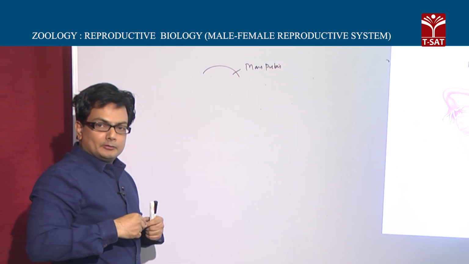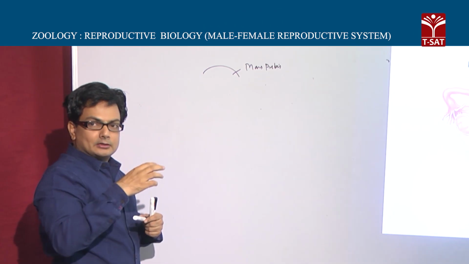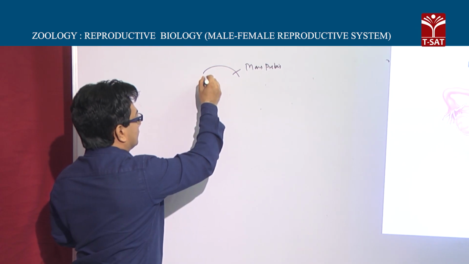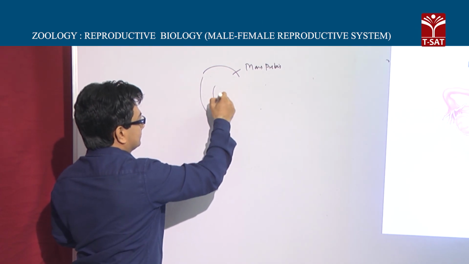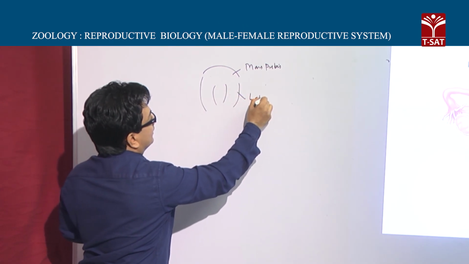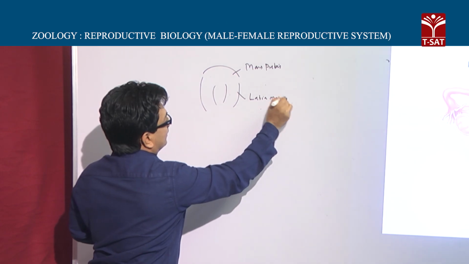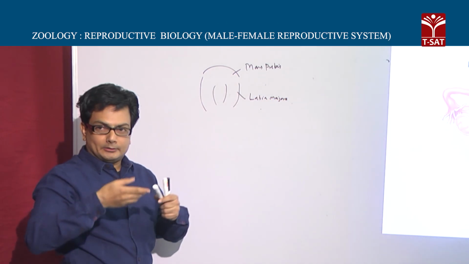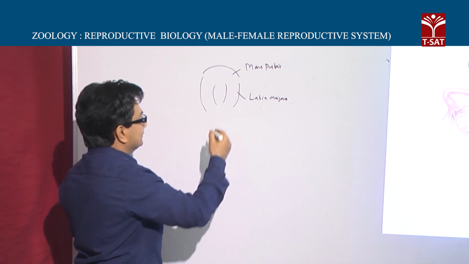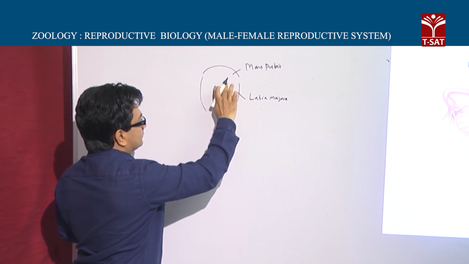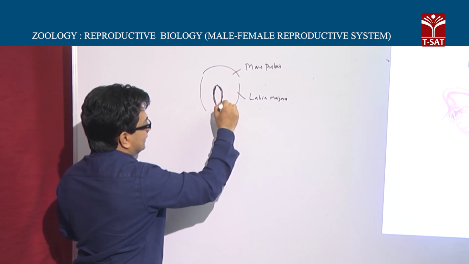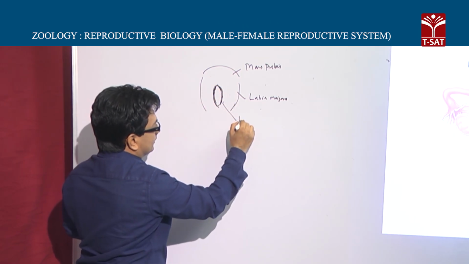The mons pubis of a female is fleshy, skin is with the hair, and the mons pubis will be continuing on the both sides, and we can call this region as the labia majora. Now, in fact, the labia majora will be the external peripherals to the vagina, and here exactly at the margin of the vestibule, this area which I am marking like this, it's the labia minora,